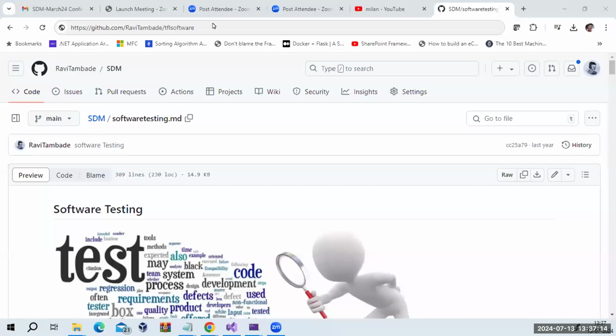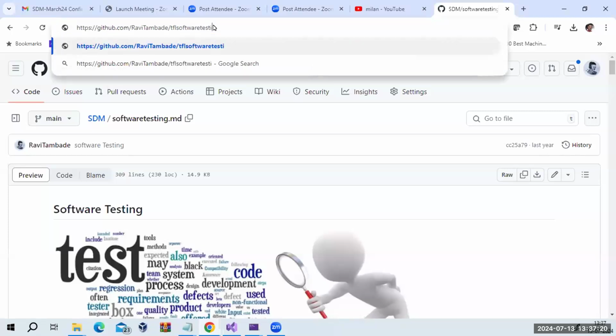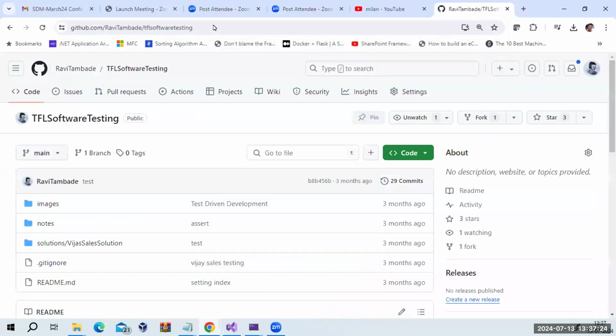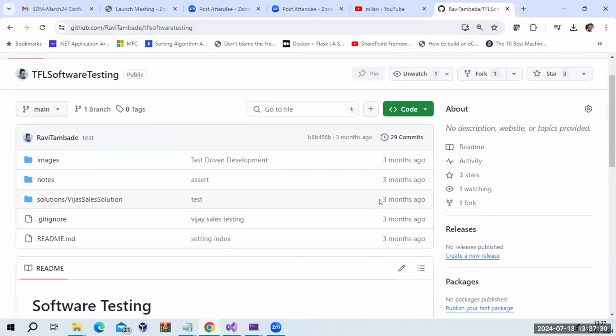Because I changed that particular repository name, it is now software TFL software testing. So if you find TFL software testing, this repository was created 3 months ago, where I tried to organize content